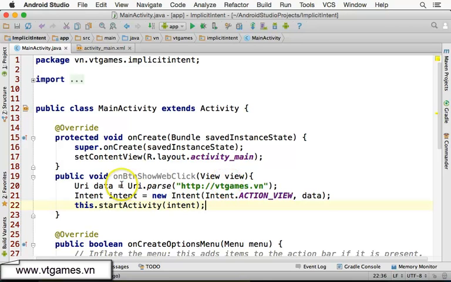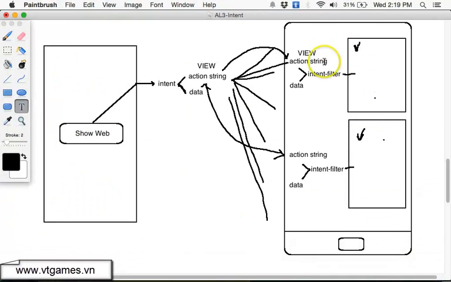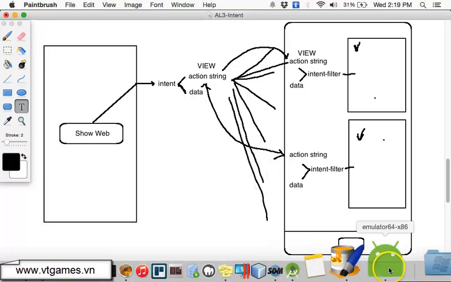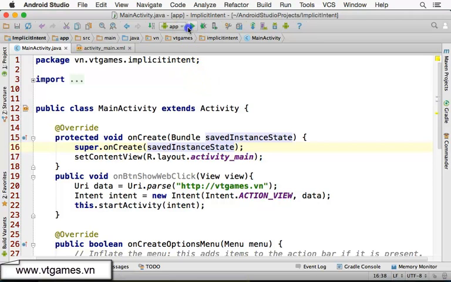So once more, why do we call this an implicit intent? The reason is, when you create an intent, you don't specify the class name of the activity that we are activating. We only specify the action. Then other packages or other activities, based on their intent filter with an action string which matches the action that we send out, which is a view action, will be activated. So we're going to run this application